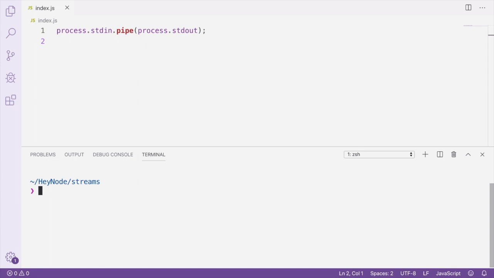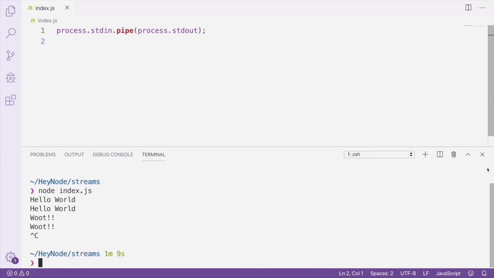This is a very trivial example of piping two streams together. In this example, we're using process.stdin, which is a readable stream that represents input sent to your program from the command line. We're piping that input to process.stdout, which is a stream that implements a writable interface that writes to standard out of your program. In this case, that output will be written directly to the command line. When we run this file with node index.js, the process will listen for input to stdin from the command line, and then write that input into process.stdout, which will then print that input back to the command line. Hit Ctrl-C to end the process when you're done.